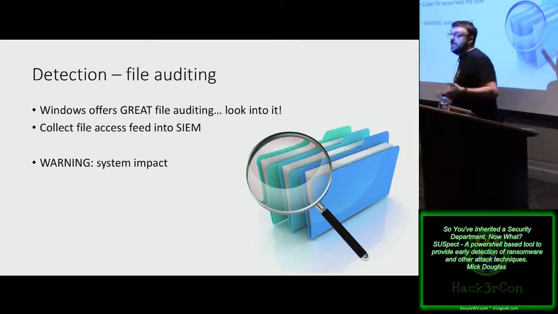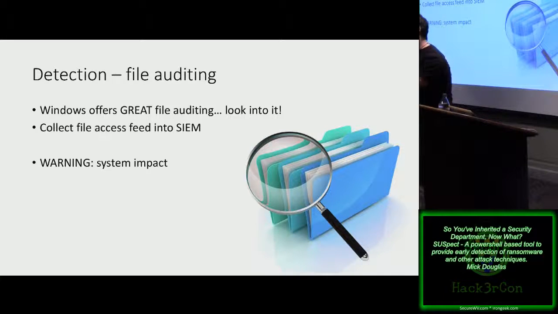What I would encourage you to do is figure out where your very sensitive documents are on your file shares, the stuff that you don't want the ransomware running, and turn this on for them, and then monitor the Windows event IDs that are associated with access and modify, and be on the lookout for this.